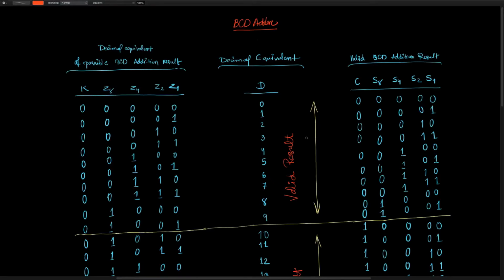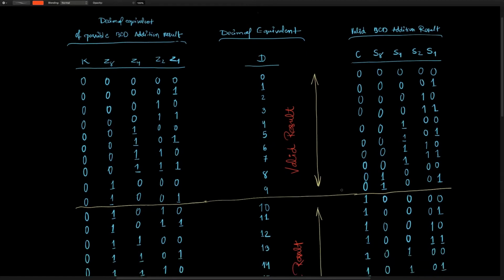We have already studied that BCD is a 4-bit number that is valid only from 0 up to 9. In the additions you do, if the result is greater than 9, you add 6 to it and you get a valid result. I've already discussed why we should add 6. That is the result of multiple mathematical operations.